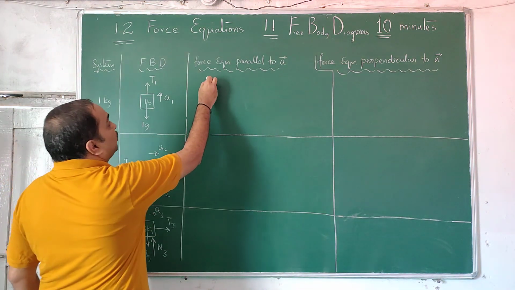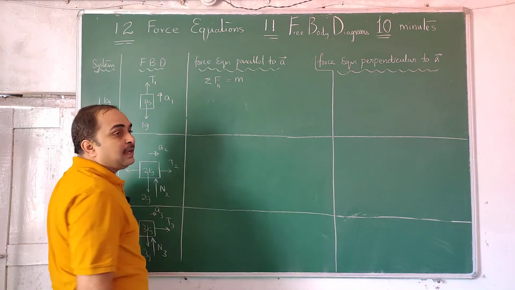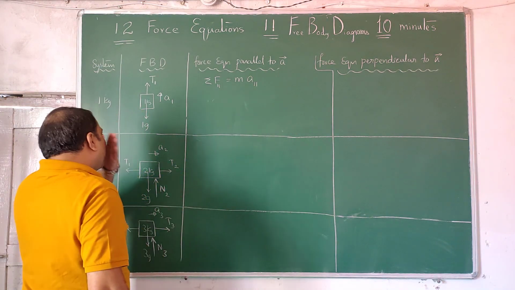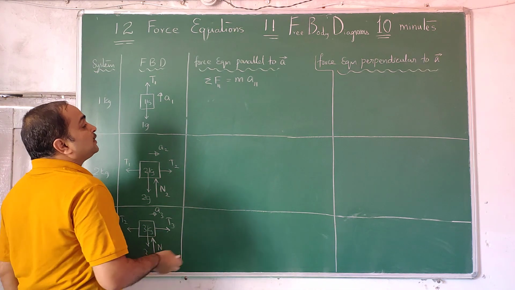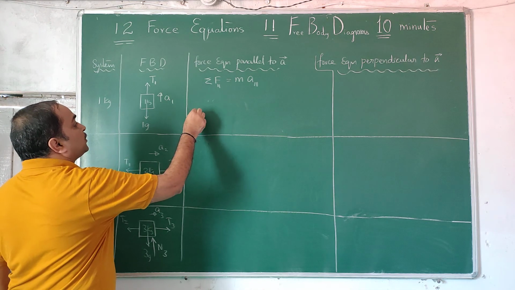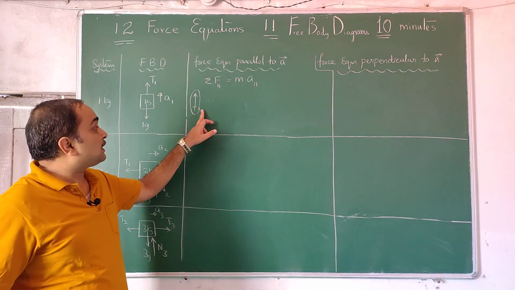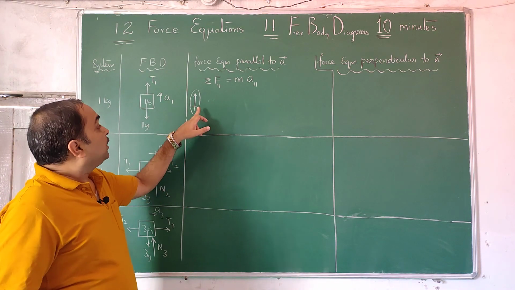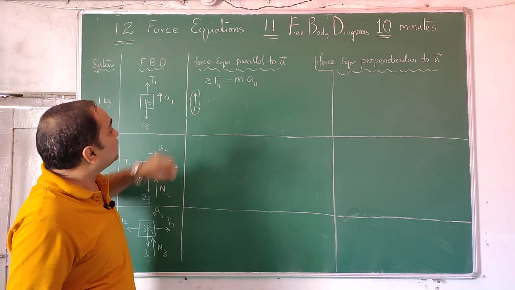The force equation parallel to acceleration, you have to write like this: sigma F parallel is equal to m a parallel. Mass is a scalar quantity, you don't need to assign any direction to that. Once you write it, before substituting the data, you choose the direction in which it is positive. It's a professional trick: the acceleration direction you take positive. In this direction, any quantity that is there, I am taking positive. This is used properly in every foreign textbook. You read it. That is the meaning of it.